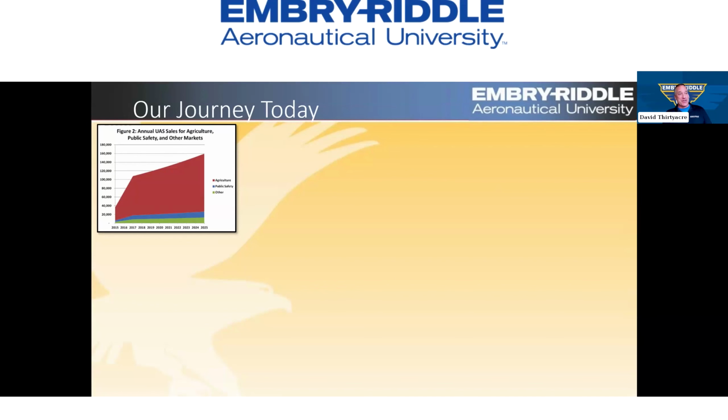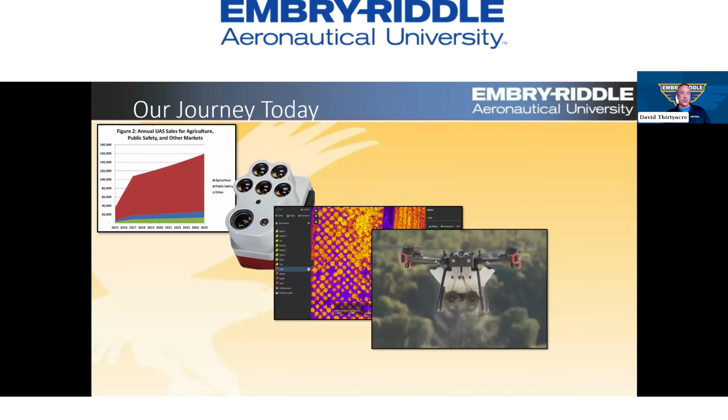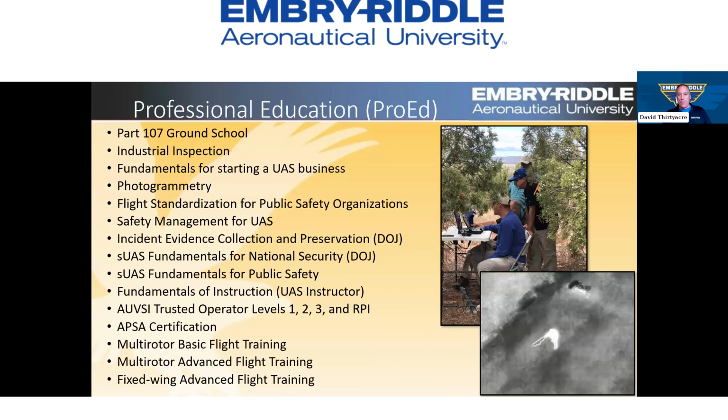We've covered a lot today. We talked about some of the initial stuff. We talked about sensors. We talked about some of the products you get with a multispectral sensor. We talked about spraying and all that. And then the end part, we hit on the operating certificate and how to obtain that. I would be remiss if I didn't mention that at Embry-Riddle, all we do is aviation and aerospace. The biggest and largest have been around for a long time.